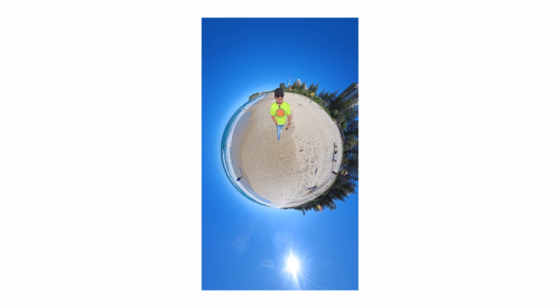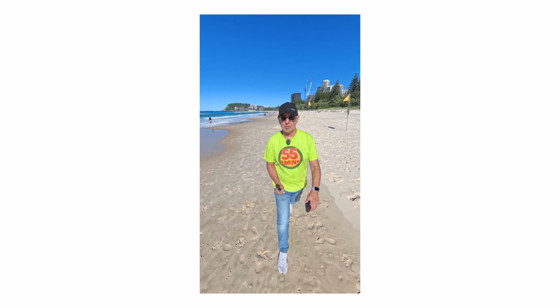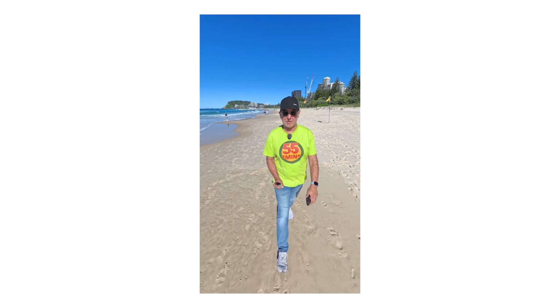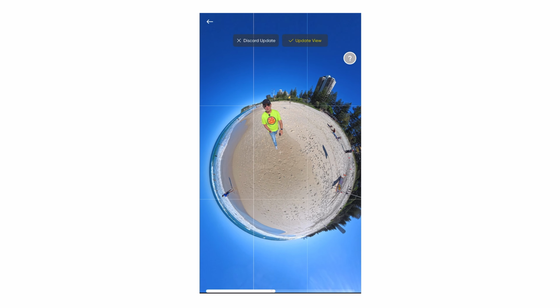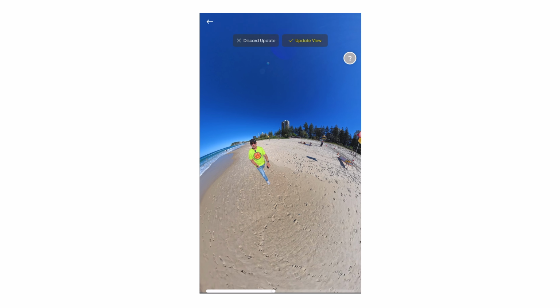What if I told you that this perfect still photo, this live photo, and this full 360 photo all came from the exact same short video clip, just a few seconds long, and it took me less than a minute